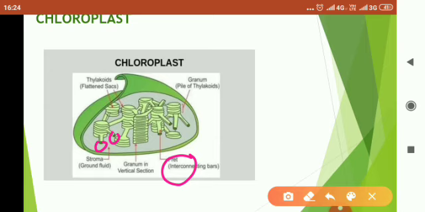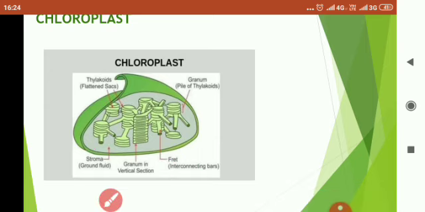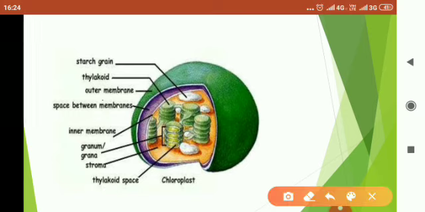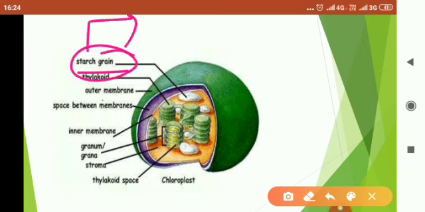Now children, this was all about the structure of chloroplast. You can see one more diagram of chloroplast here. They are the same labelings just to show you the arrangement of the granum. You can see this is a 3D structure clearly visible. Here you can see the starch grain. Now what is a starch grain? Let me tell you. Starch is a carbohydrate. Plants prepare their food by the process of photosynthesis and carbohydrate is formed. This means sugar molecules are formed and they are stored in the form of starch grain.